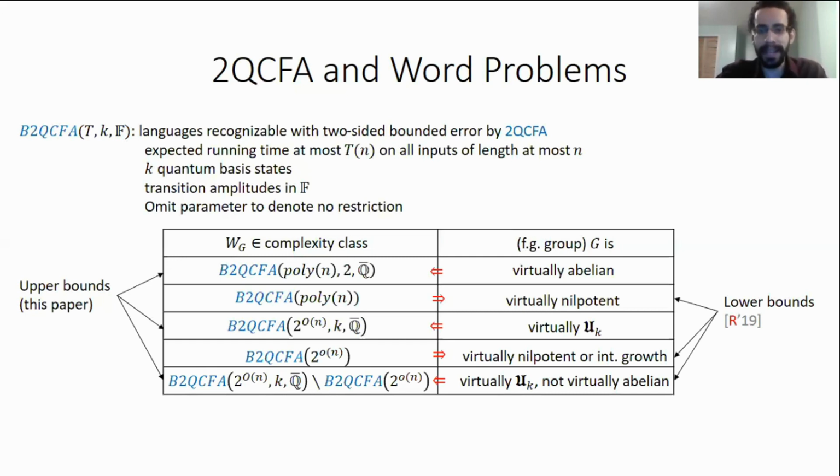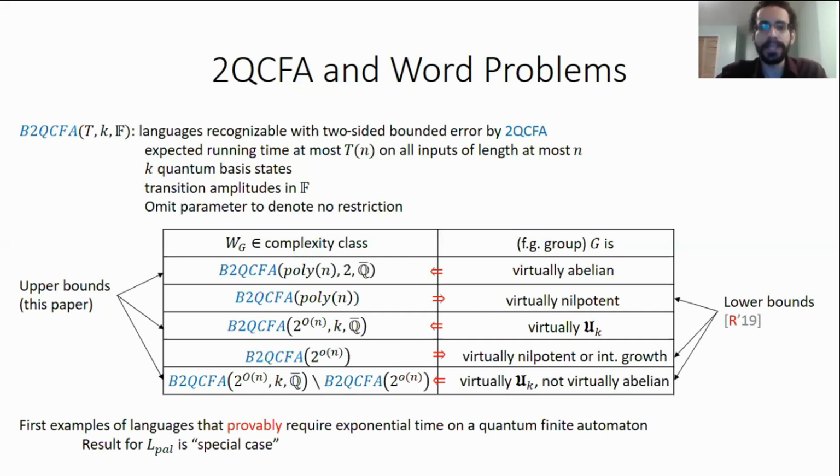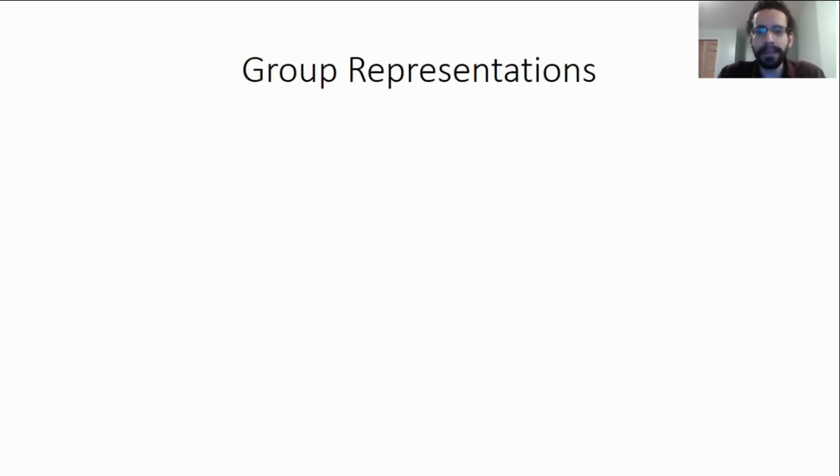And so these languages are, in fact, the first examples of languages that provably require exponential time on a quantum finite automata. Then, as an easy corollary, we obtain the lower bound that was stated earlier for the palindrome problem. Now, next, I'll explain the main idea behind the proof of the results from this paper, where the